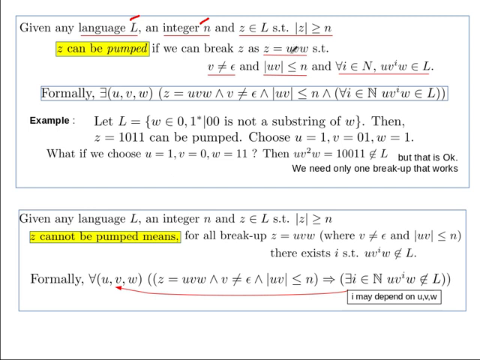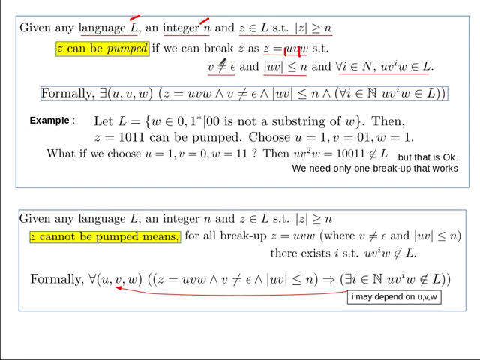So z can be broken into these three parts such that this middle part is not empty, and if you take these two things together from the beginning, then their length should be at most n. So you see that this L and n are given. Already we take a z in L satisfying this constraint, so n is used here, and then we say that this z can be pumped if it can be broken into these three parts such that